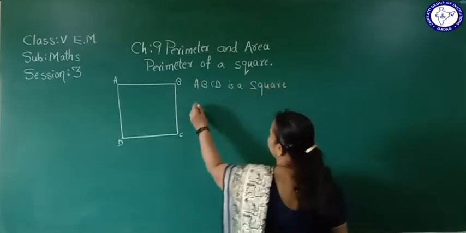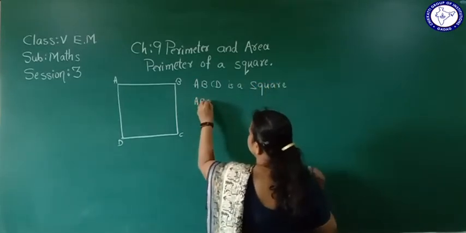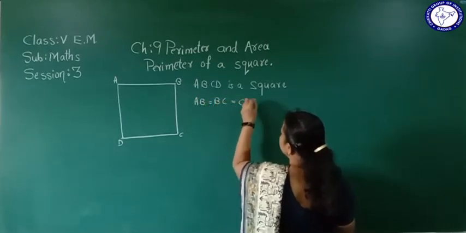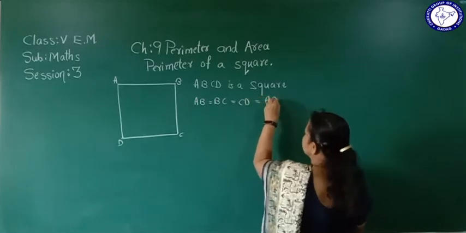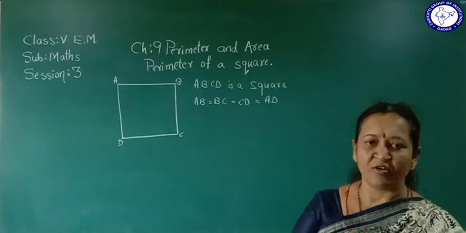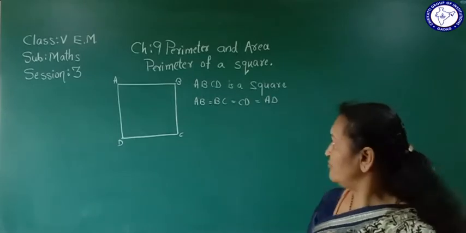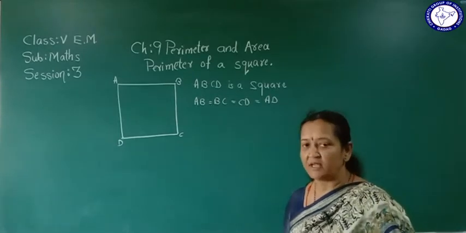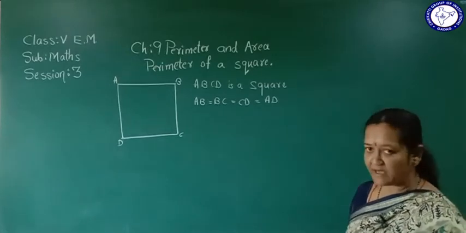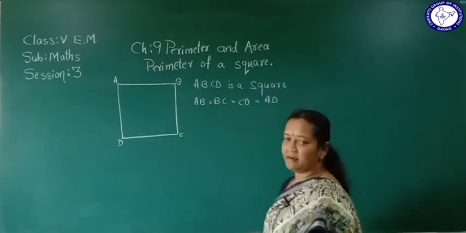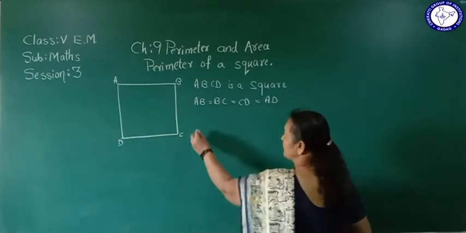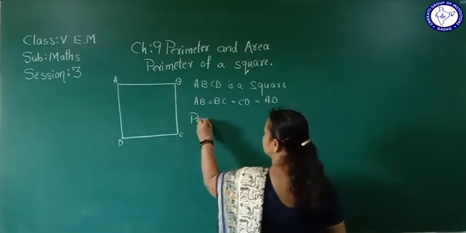Here we find AB is equal to BC is equal to CD and it is equal to AD. Here in a square we find all four sides equal to one another. It has four equal sides. Then how to find the perimeter of a square? So we know perimeter is the sum of all four sides. So here the perimeter of a square equals to